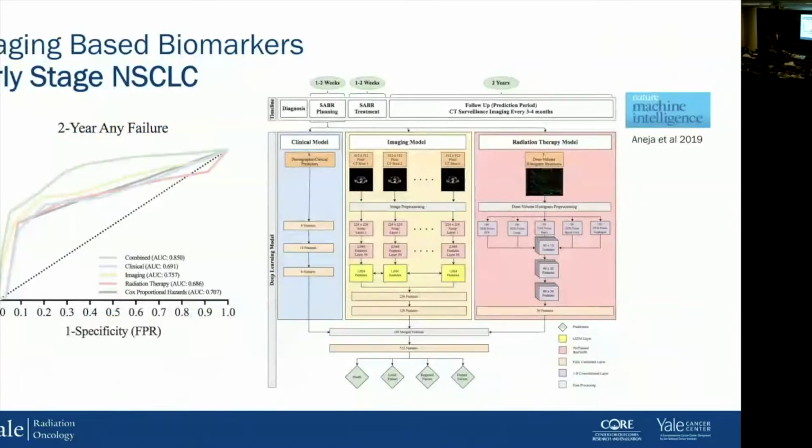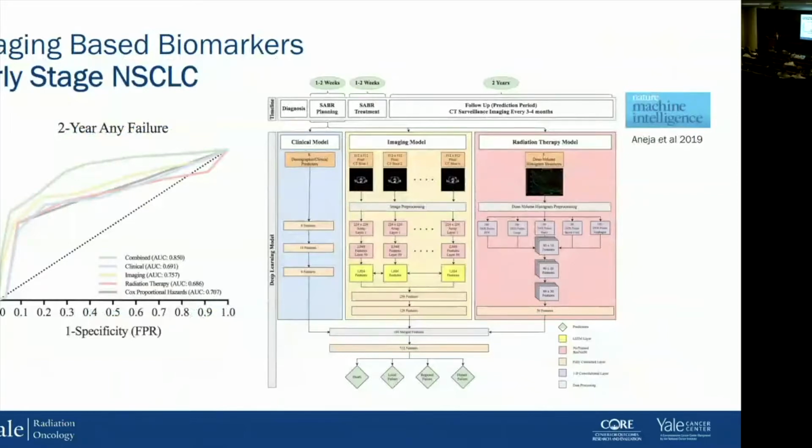Then we're also thinking about the radiation therapy plan, which is basically whether or not we're giving enough radiation dose to the tumor. And then we're also thinking about clinical variables like, how old is the patient? Do they smoke? Do they have multiple comorbidities and things of that nature? And when we're trying to parse out all those different types of data streams, it's very difficult for us to do that objectively.